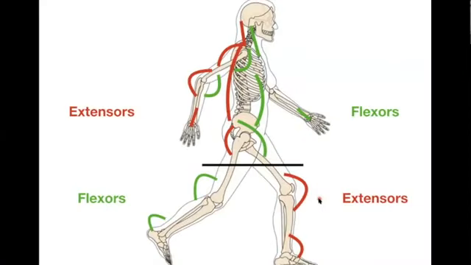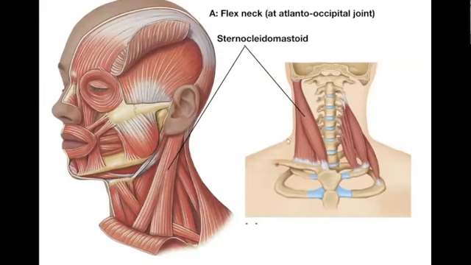All right, this is the last section of the muscle origin, insertion, action. I'm just going to go over some principles of muscle action based on muscle location around a joint. So here's a couple examples right here. Flexing at the neck, at the atlanto-occipital joint right here. So here are these, your